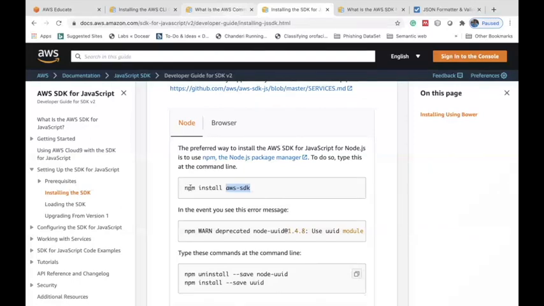You have to use the command npm install aws-sdk. Only these two steps are prerequisites to proceed further. I will reiterate: install the AWS CLI, and second, install the AWS SDK using the Node Package Manager.